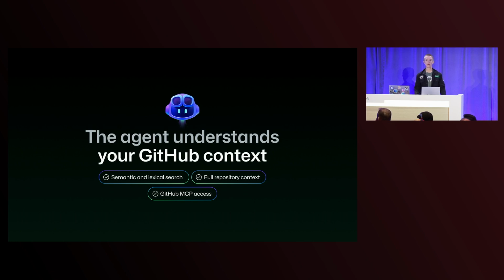So we've talked about how a developer needs a development environment. The other thing that developers need to be successful is context. If you just told a developer, do this thing, and didn't show them any of the code or any of the past issues or any other pull requests that have been worked on, that probably wouldn't end very well.